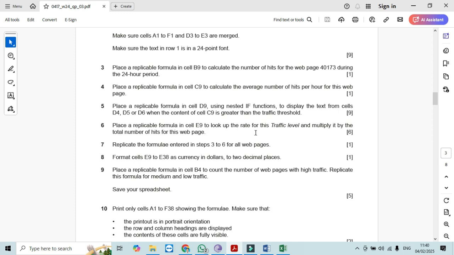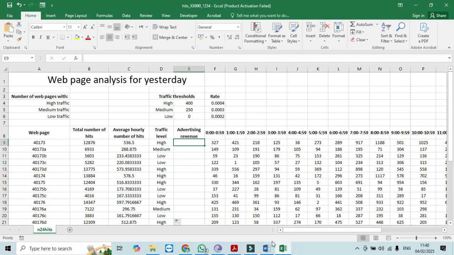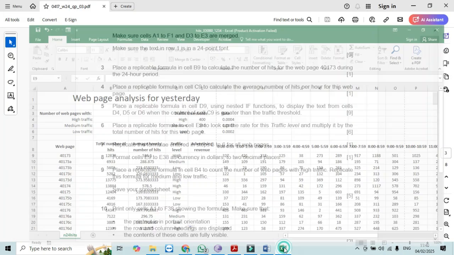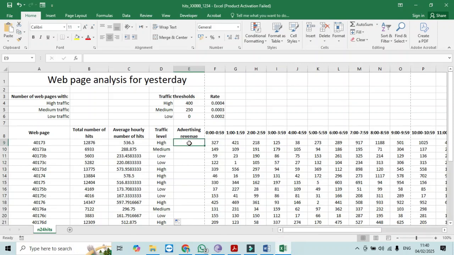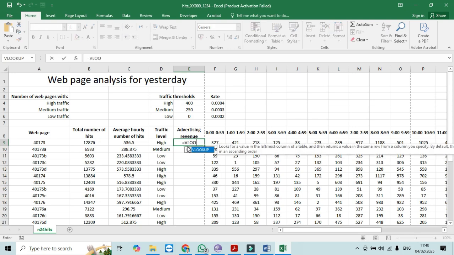Now the next step is to place a replicable formula in cell E9 to look up the rate of this traffic level and multiply it by the total number of hits for this web page. So in cell E9, as we are in E9 now, what we need to do is use the VLOOKUP function, so equal to VLOOKUP, and then by looking at the value that we have in D9, then